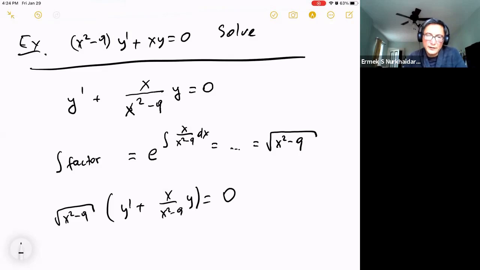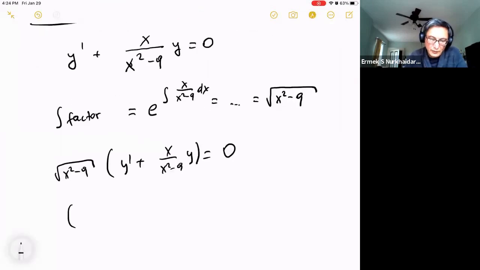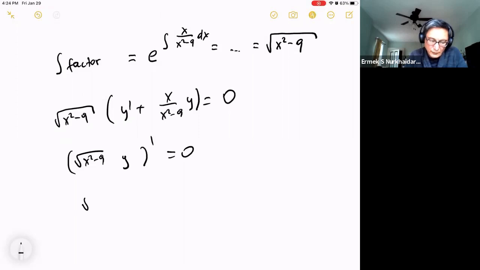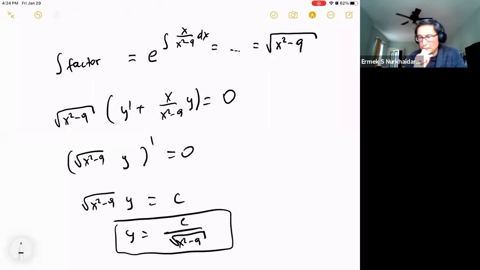Zero stays 0 on the right side. Then you know the left side will be the derivative of the square root of x squared minus 9 times y. So the square root of x squared minus 9 times y equals a constant. So y equals a constant divided by the square root of x squared minus 9. Anyhow,